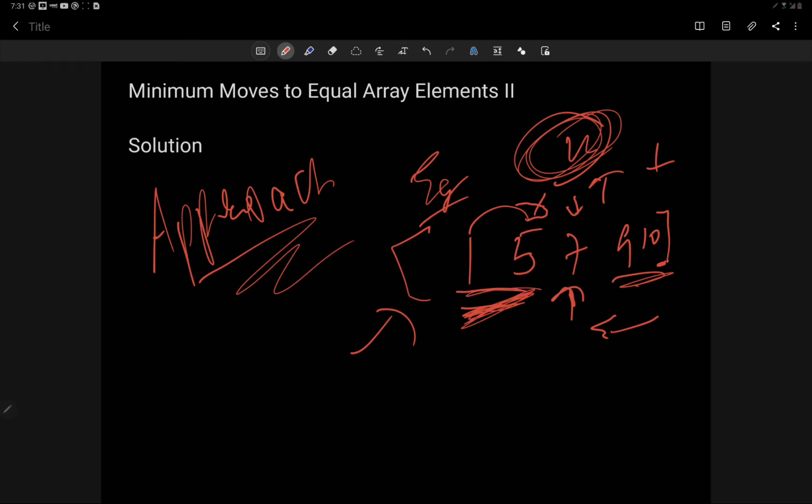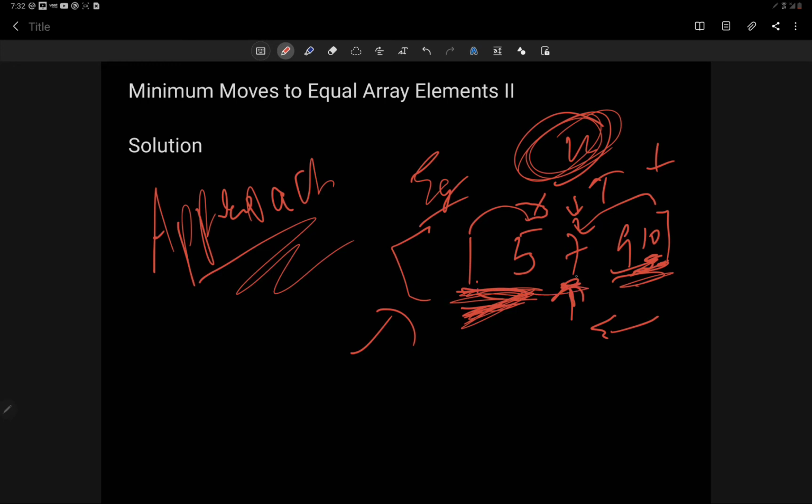All right, because the numbers to the left would be incremented in such a way to reach this, and numbers on the right would be decremented to reach this. Suppose we take this number, then there would be a lot more increments. So the best optimized way is to pick the middle element and just increment and decrement. Alright, so basically these are incremented.